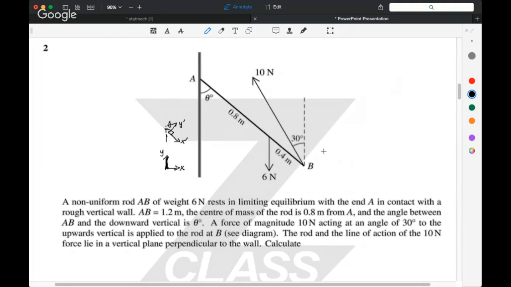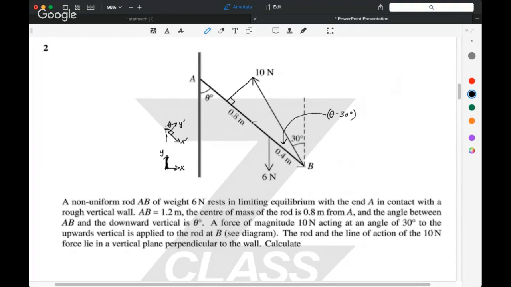So what we're going to do, there's a couple of ways to do this. You might like to just work out this angle, and you know that this is going to be theta minus 30 degrees. And then you can use that to resolve all. So let's do it that way first, and then I'll show you the other way. So if we do that,